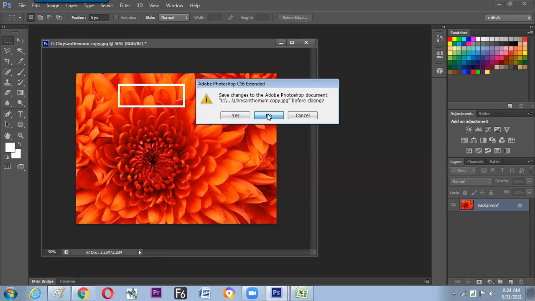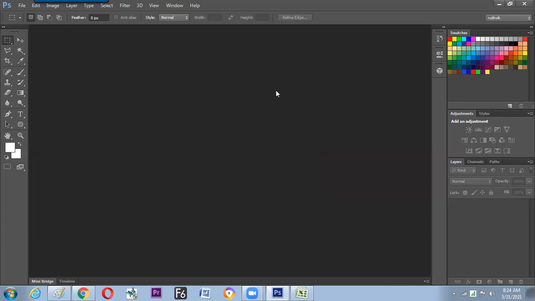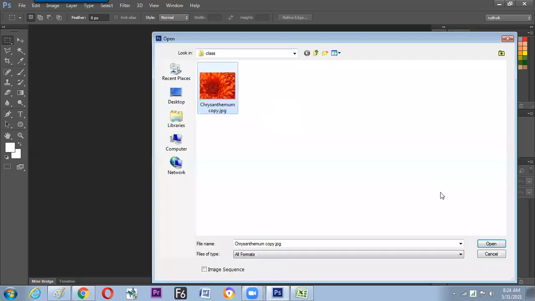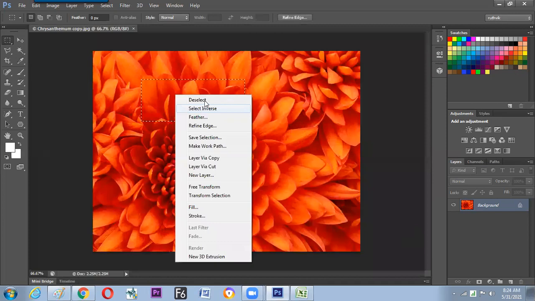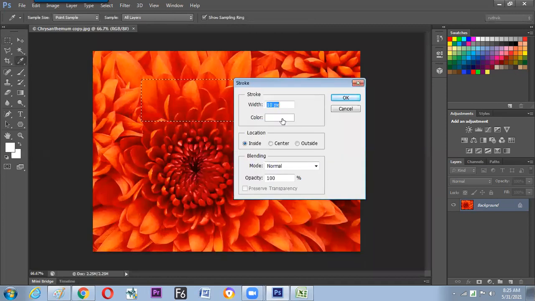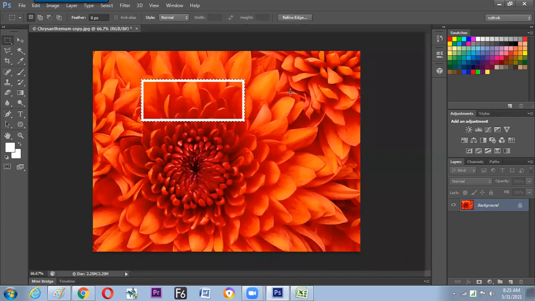Otherwise a duplicate comes up with the same photograph because it is saved. So we are not saving the changes. So hope we got to know how to avoid the manipulations and close without saving the photograph. Fine. Control D is the next hotkey of the day.